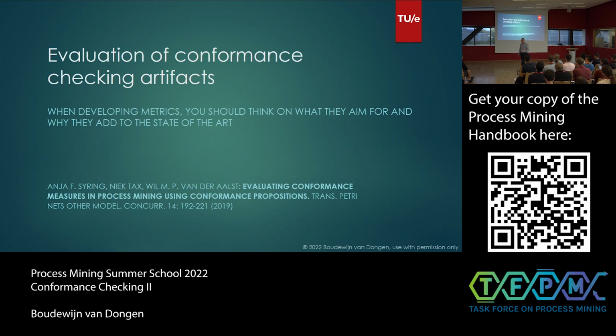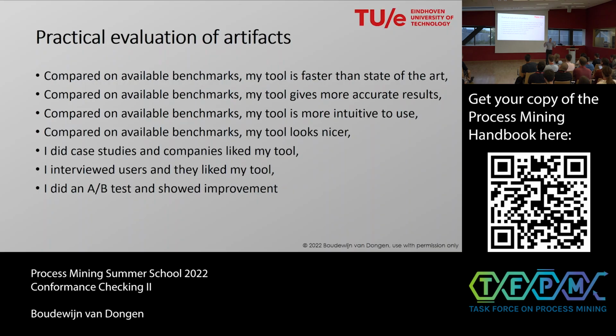If you're going to do research in this area, how do you compare this work against others? This is a challenge that we struggled with in this field for a while, and some people are still struggling with this, because as computer scientists, we tend to be biased towards a practical evaluation of things. We tend to say, okay, I have a benchmark, I have a log and a model, and I know what the fitness should be, and then I compare it with this metric, and my metric reports this more accurately, it reports it quicker, it reports it in a more intuitive way,